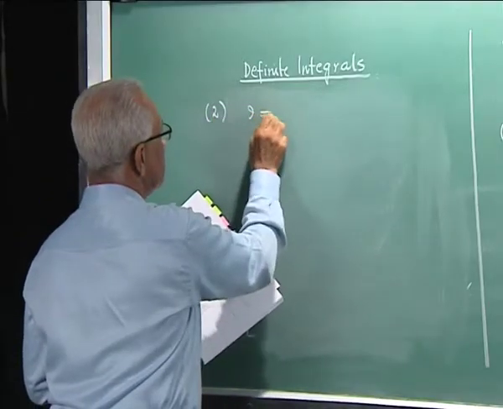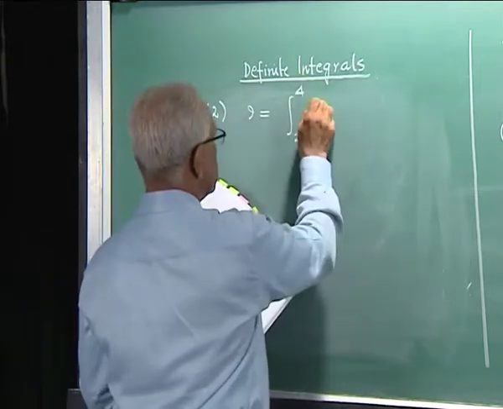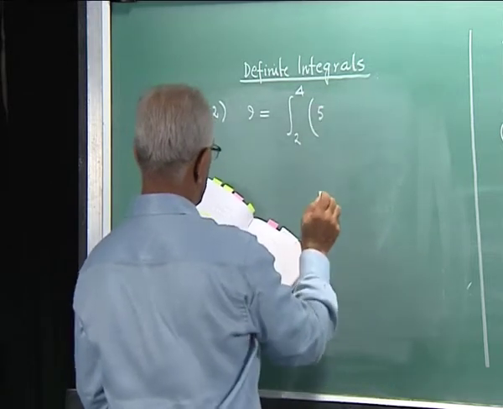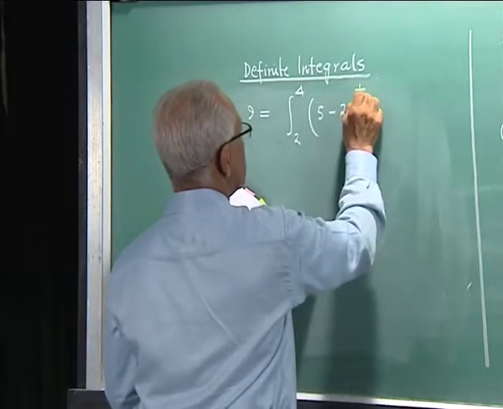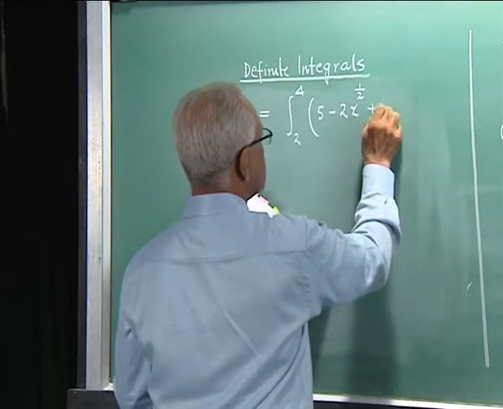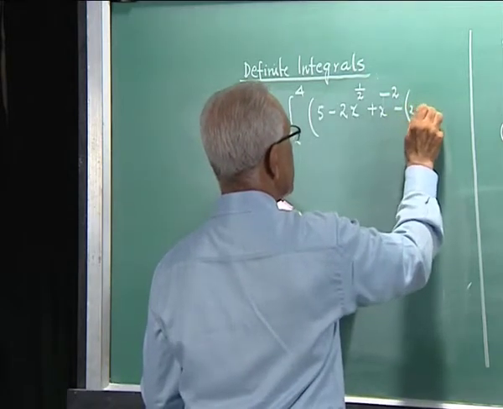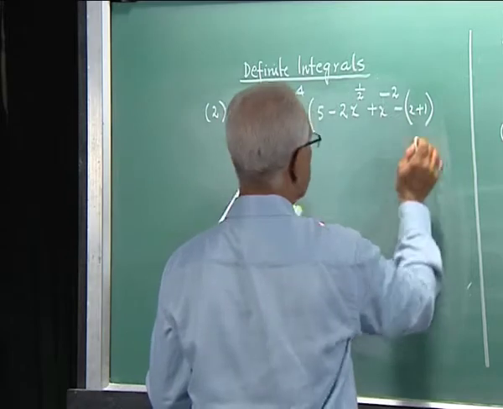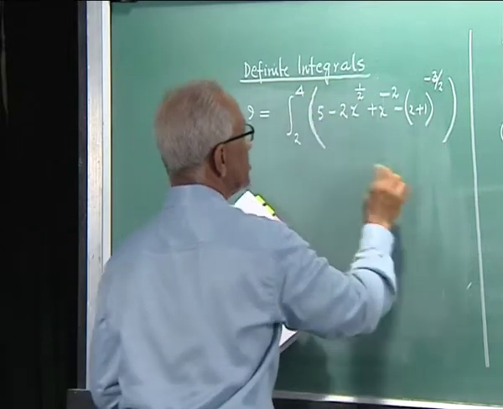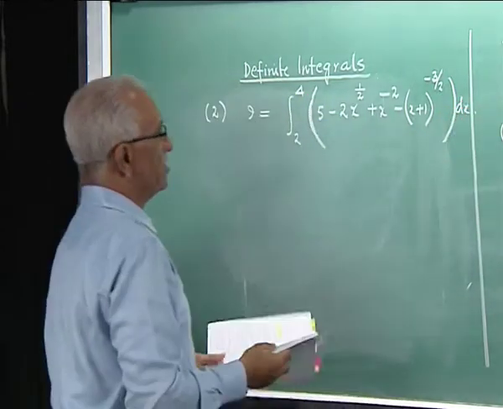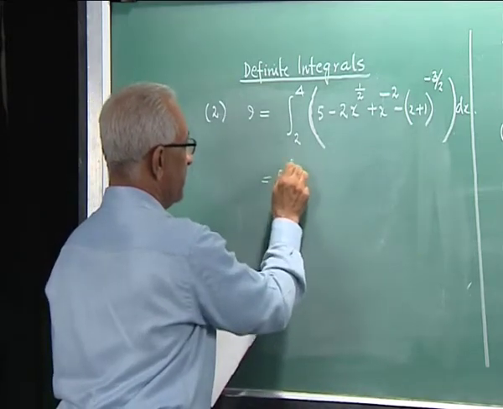So I have to evaluate the integral from 2 to 4 of 5 minus 2 times x to the power 1 by 2 plus x to the power minus 2 minus (x plus 1) whole to the power minus 3 upon 2, the big bracket, that means it ends here, and dx. All standard forms, similar to be done, and so that is equal to, first thing, 5 integral 2